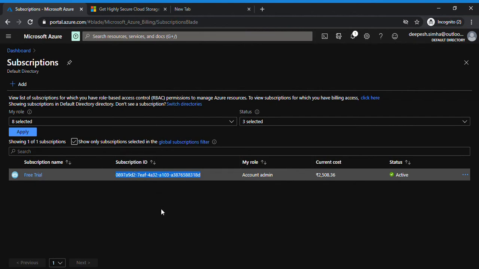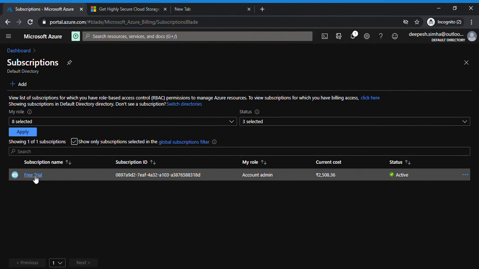The subscription ID is unique, and using the subscription ID, Microsoft is going to find your subscription details and help you in real time. So don't think that the subscription ID can be changed. It is a unique ID for each individual subscription. If you create another subscription, you are going to have another subscription ID. Each subscription has one unique subscription ID, and that helps Microsoft people find your subscription and help you with any real-time issues, right?